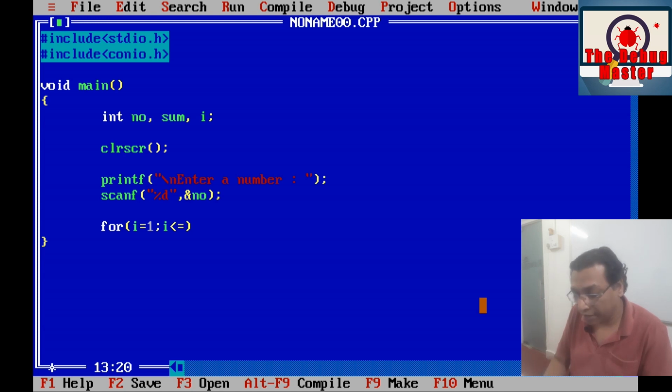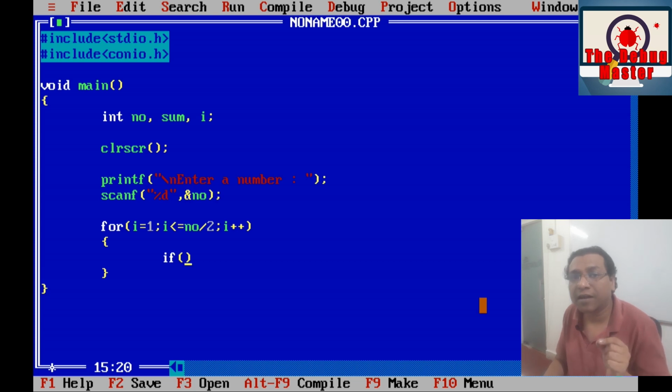So here we shall write I is less than or equal to number divided by 2, and I plus plus. We shall iterate I by value 1, and here we check whether I's current value is a divisor of number or not.